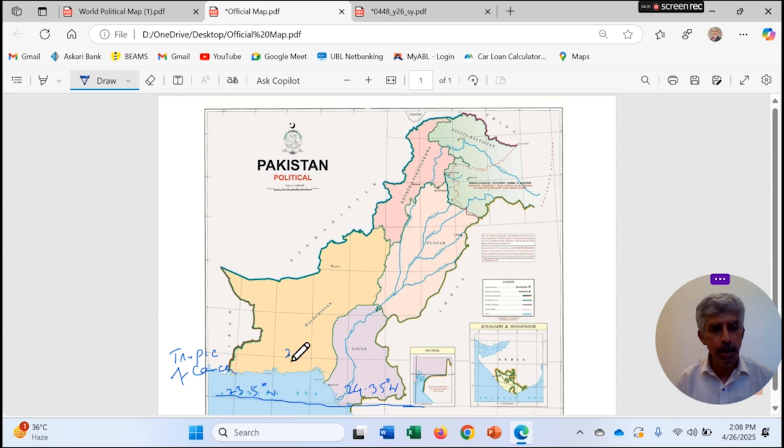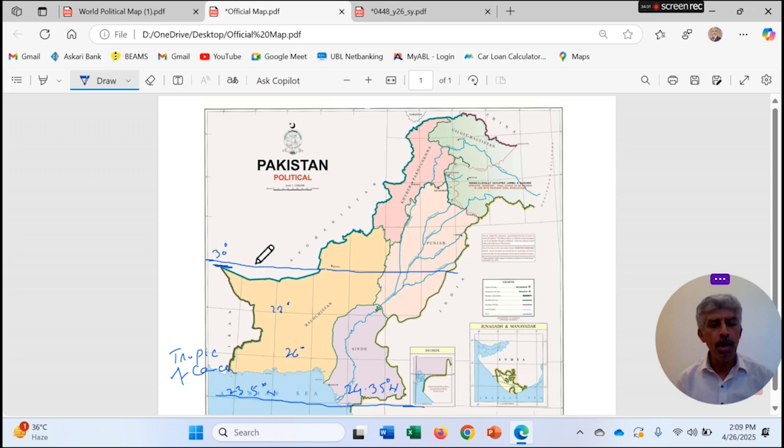So here is the 26° line, here is the 28° line, and there is a greater hint for you all: this edge up given on the Pakistan map towards Afghanistan and Iran is just below the 30° line. You can say that the 30° line is just above it, and here it goes. This whole one is the 30° line.